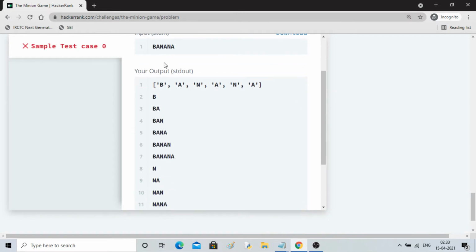So see, it started with B, then BA, okay, the total BA combined, then BAN, you can see the fourth number, this guy, BAN, BANA, then BANAN, BANANA, then it refreshed, started with A, but A is not a consonant, so the else part is working here. Here the if part is working, here the else part is working. Then again else will come here because N is a consonant. So N you can see, then NA, then NAN, then NANA.